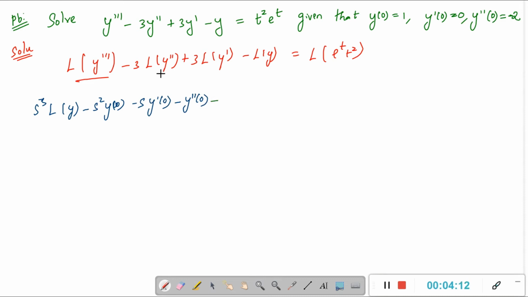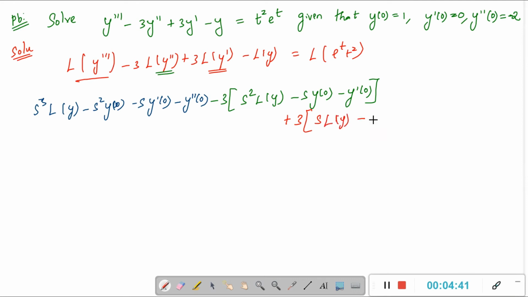I am going to apply the formula: L of y double dash, 3 into s square L of y minus s into y of 0 minus y dash of 0, plus 3 into, so instead of this term I am going to apply s into L of y minus y of 0, minus L of y equal to,